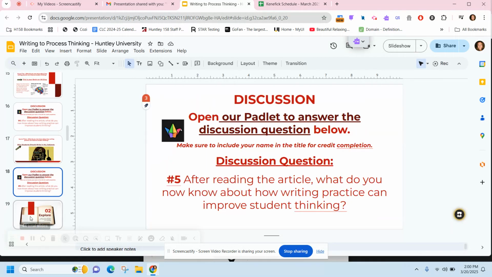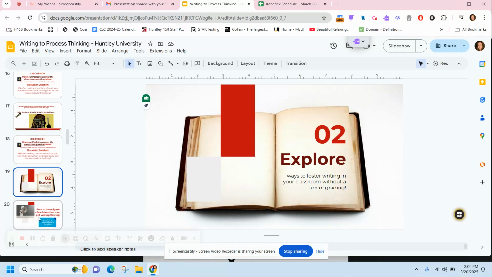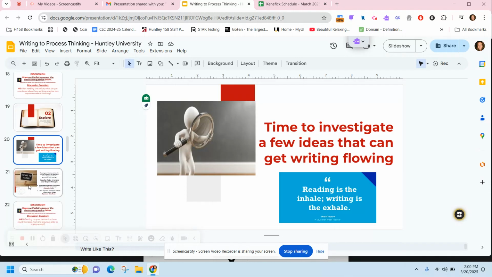A response. And then we will explore writing in the classroom and different ways to go about it, along with how to provide an audience so you aren't the only audience grading and reading all of this writing. We know that writing's biggest enemy can be that grading, so just really reflecting on ways to get that off of your hands and more in the hands of the students. So we will be investigating